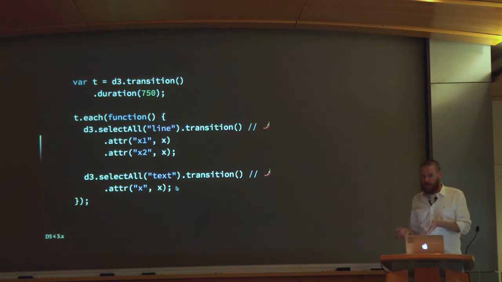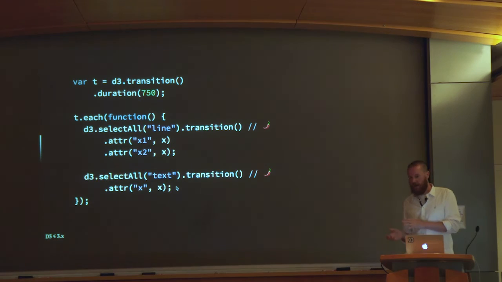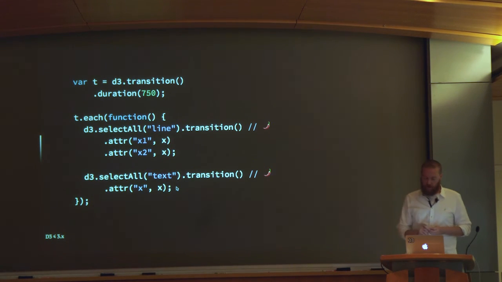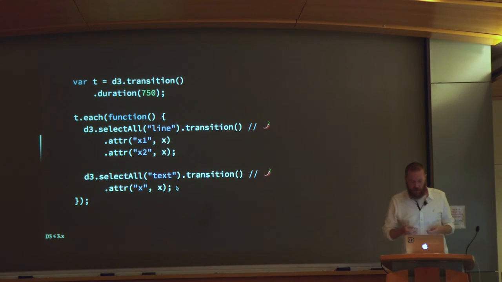Okay, so as we saw with enter.append, this has poor usability because it's changing the behavior of an existing method, right? It's changing selection.each so that it now has this magic, and it's changing selection.transition so that it also has magic to inherit from the surrounding transition. And there's no indication that that magic has been added. So if you understood what selection.each did, there's no way that you would know that transition.each had this new magic